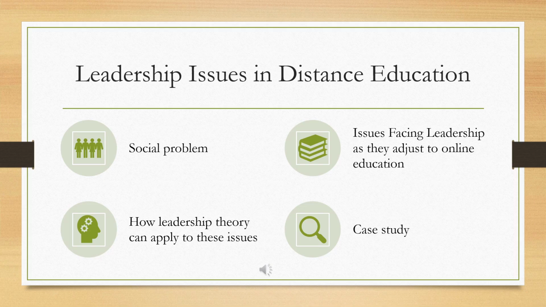There's some overlap between the theories, and it's worthwhile to approach leadership as if no one singular theory is the correct choice. So finally, we will conclude with a case study that looks at an elementary school and the issues they are facing with an adjustment towards online learning. The school and the issues will give us the framework for how we can apply the leadership theories in a hypothetical environment.